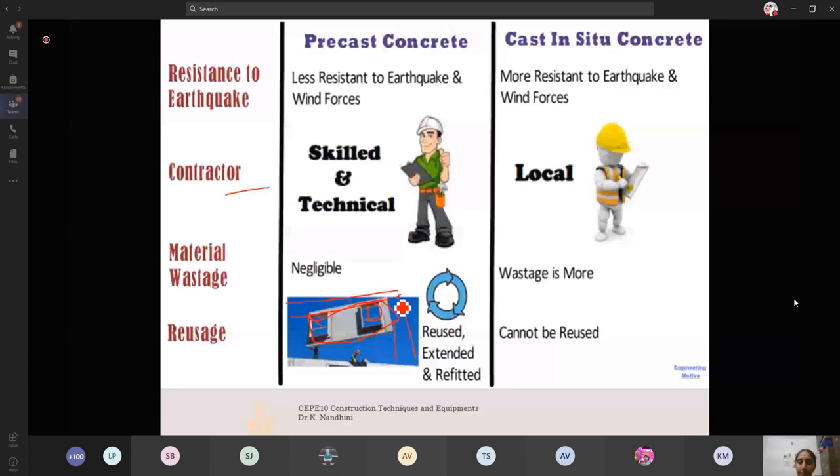We can remove the nuts and bolts, dismantle it, and transfer it to another section. If you want this building to be placed again near the Department of Civil Engineering in NIT, we can just transfer it. This can be done in precast, whereas that is not done in cast in situ. And wastage is more when we go for cast in situ, and it cannot be reused.